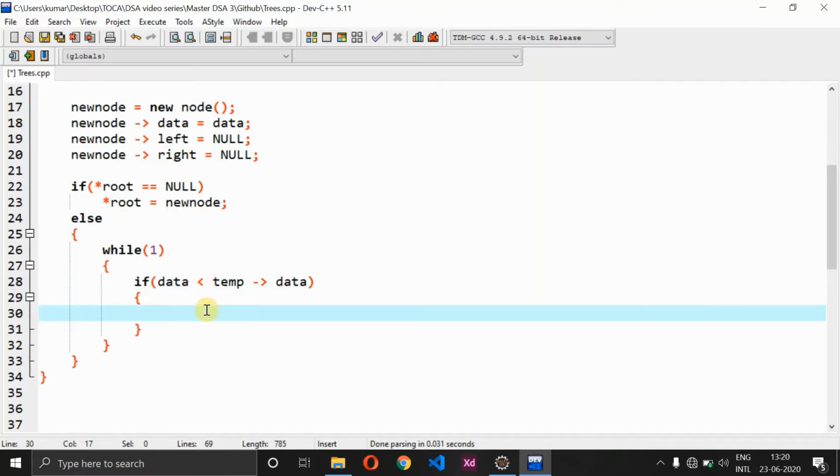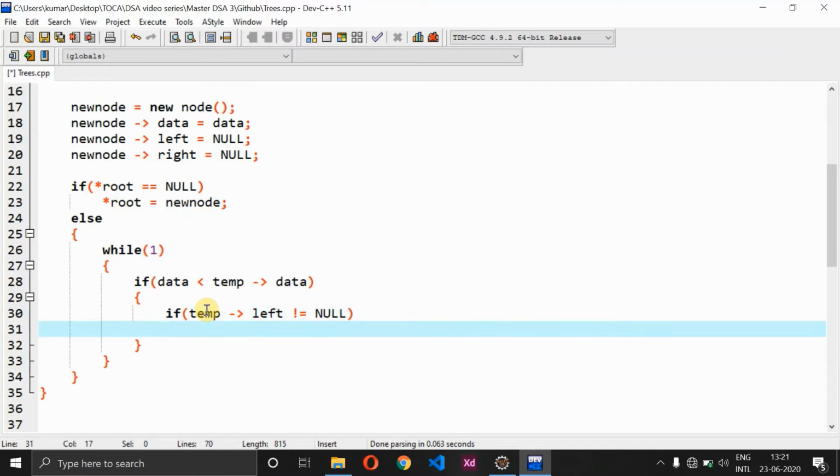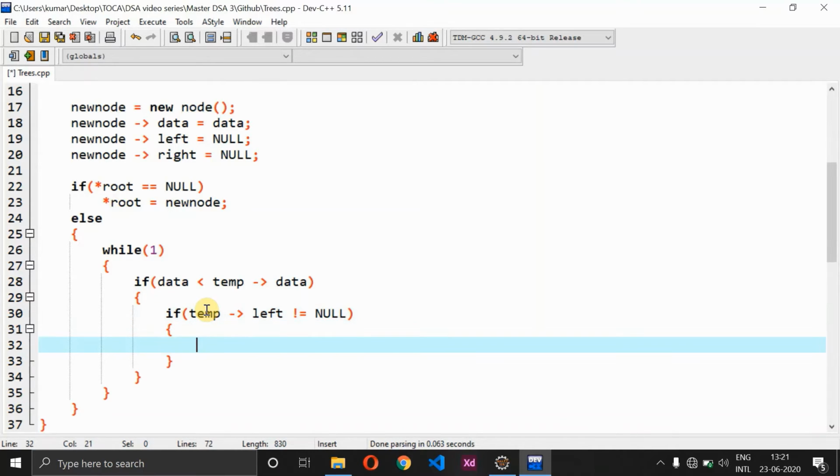So if I come back inside the left subtree, let's see what are all the changes we have to do here, right? So if temp of left is not equal to null, then what do I have to do? In temp, I need to modify temp as temp of left, right?